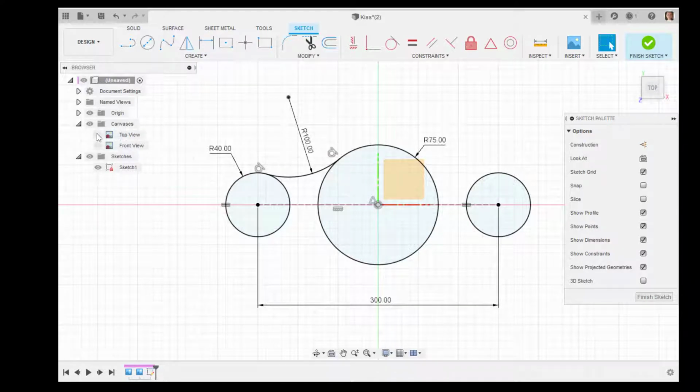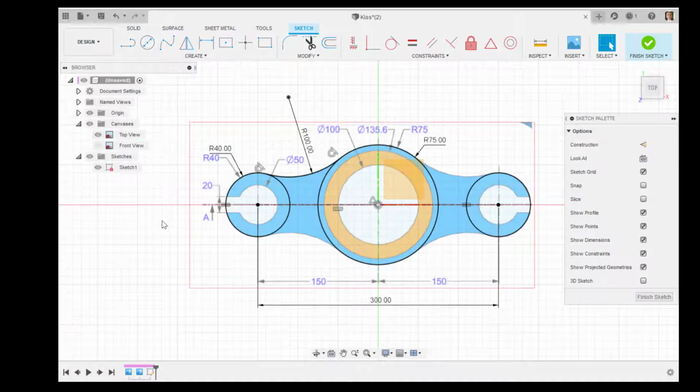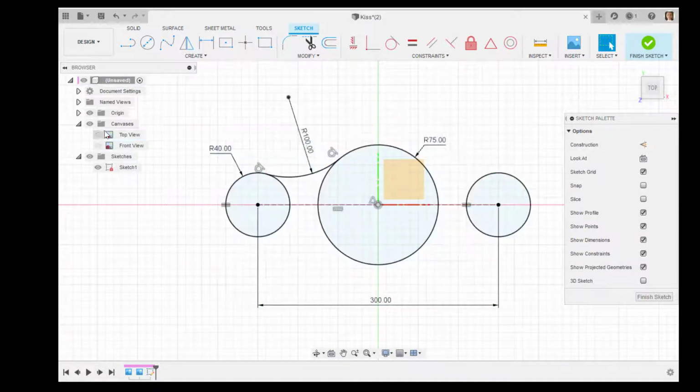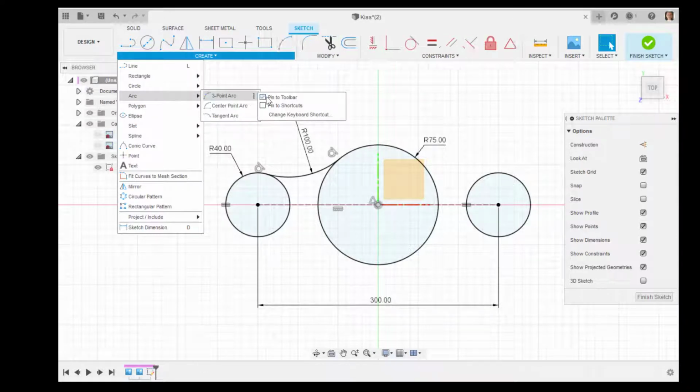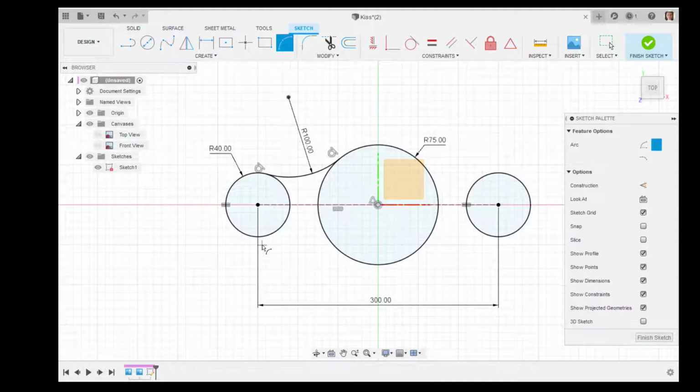It's kind of hard to follow what you're supposed to do, or how you're supposed to make something if there is missing information on the drawing. So I'll go ahead and I'll put in the remaining arcs, and I want this arc to stay up here. And so I'm going to click on this dot dot dot and tell it to pin that to the toolbar, and then I'm going to do an arc down here, and I'll put the tangent to one of them,